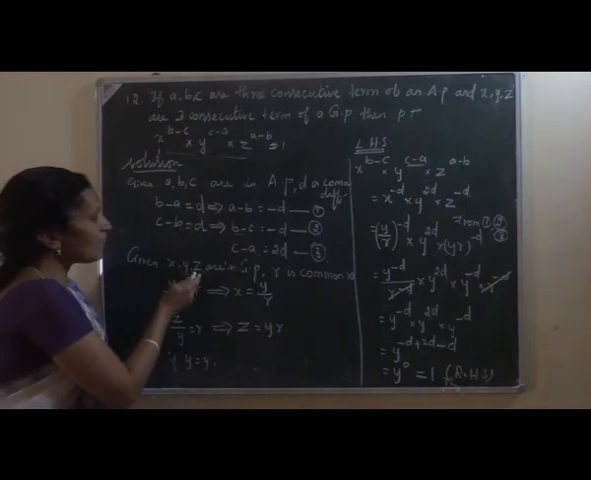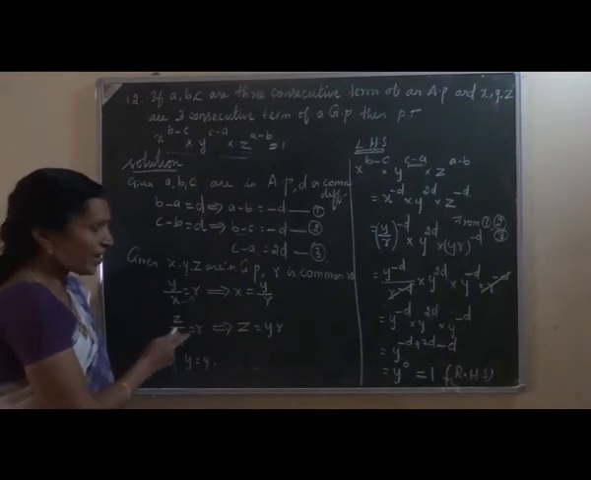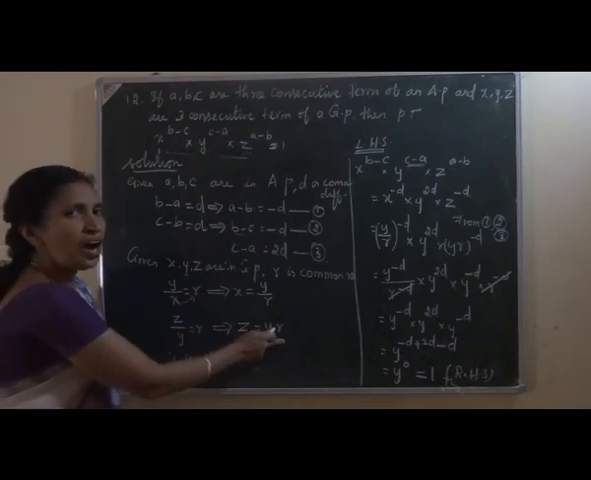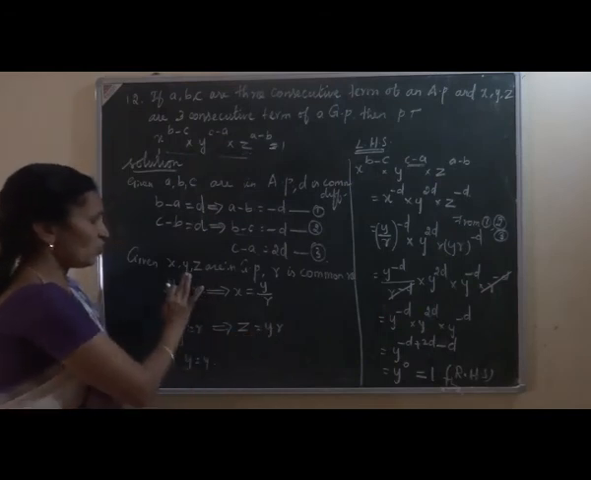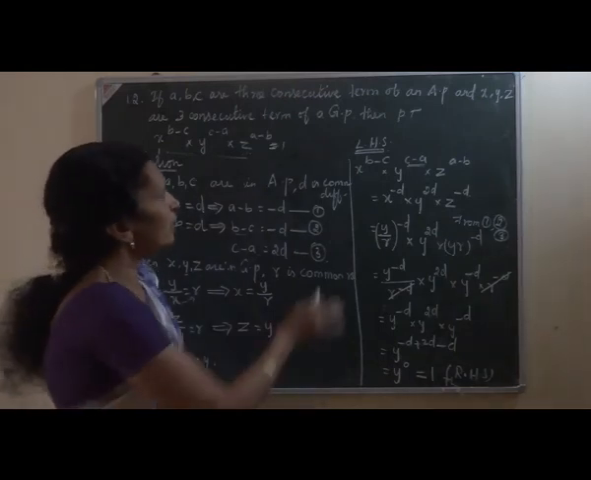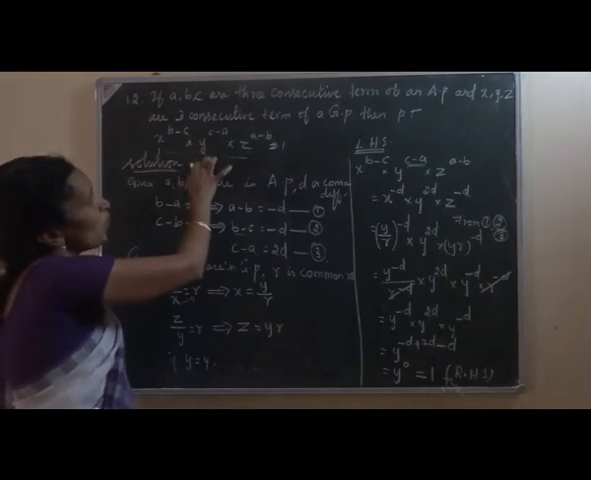Next, third term divided by second term equal to r. So z by y equal to r. That implies z equal to yr. y is the same, you can consider y the same. Okay. Now listen, students. Next you have to prove that x power b minus c into y power c minus